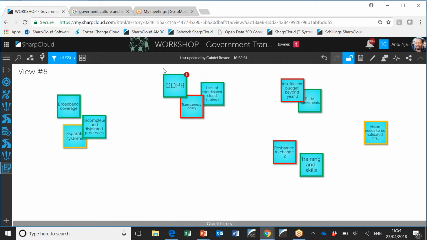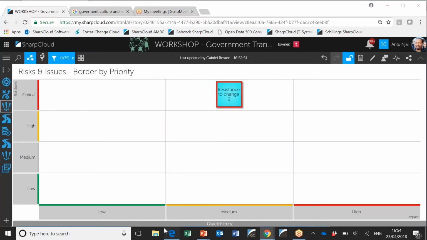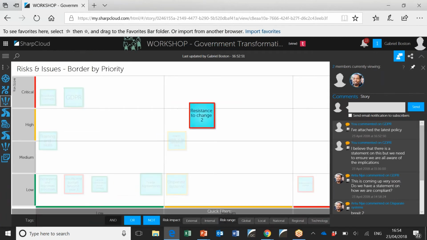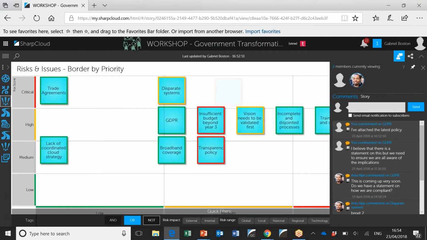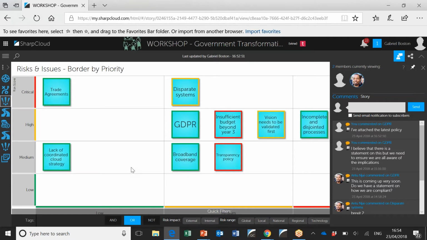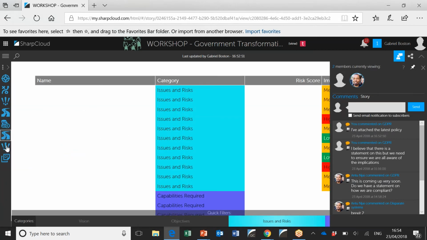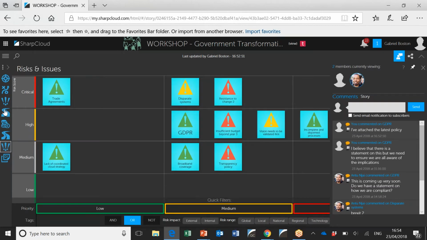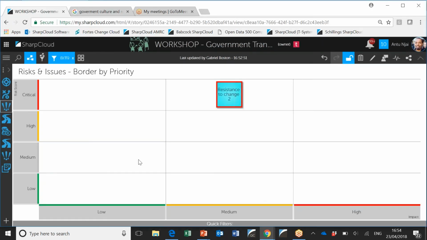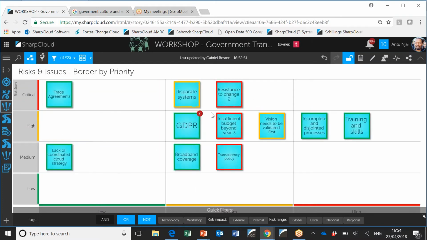But what you'll notice is, because Gabriel commented on the story, there's now 2 comments against the GDPR icon or item, and that will be something I see on any view that I'm looking at. So if I've gone to this view and I show all of the items, I'll again see those comments on GDPR. So, sorry, I'm just trying to find my right view. Okay, I've gone back to the wrong person. Sorry, I've gone back to Gabriel.